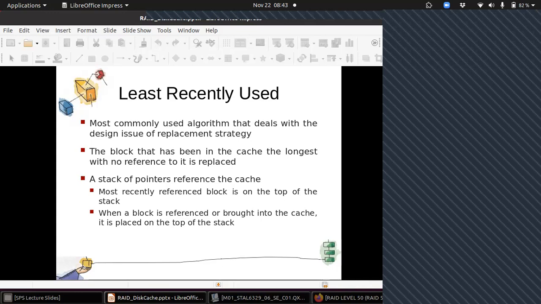And when you need to remove data from the disk cache so that you can bring new data, just find out that block from that bottom pointer, remove that data, and, I mean, remove that data means just overwrite that part by the new data. But the pointer of that will now go to the top because it is the new data that you are referring to. So just by changing the pointers, the stack of pointers to those disk cache blocks, you can manage this.